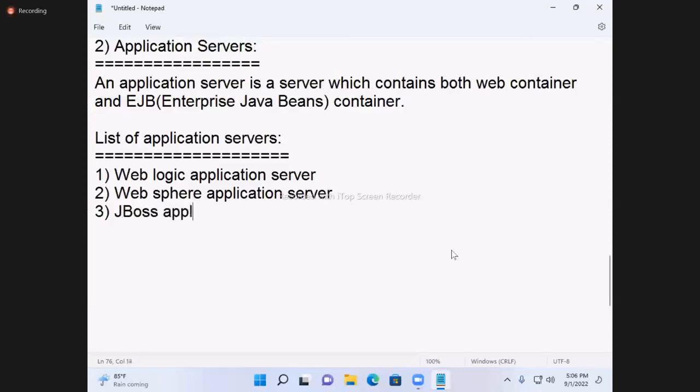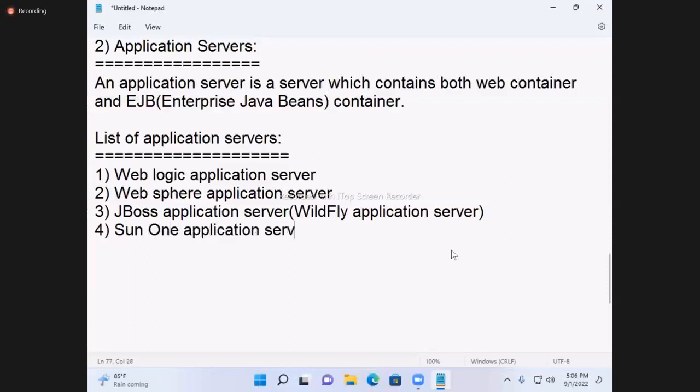JBoss application server, which we are now calling Wildfly, they changed the name. Wildfly application server. Sun One application server. Glassfish application server, etc.